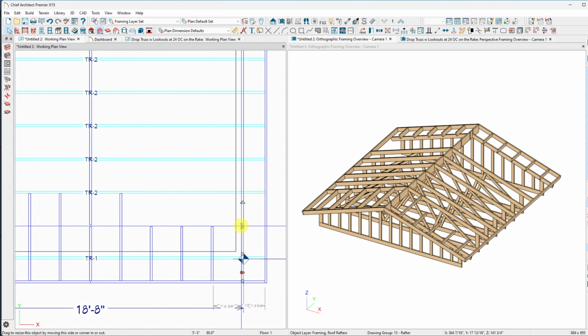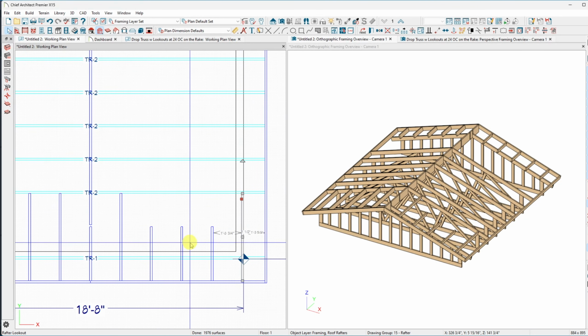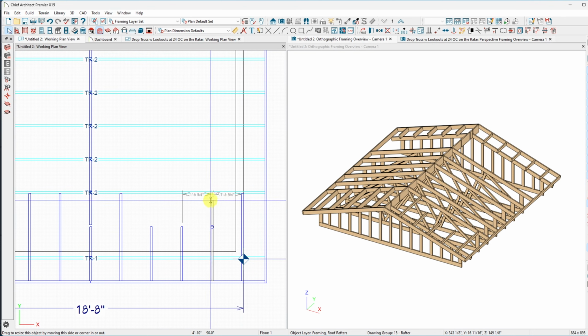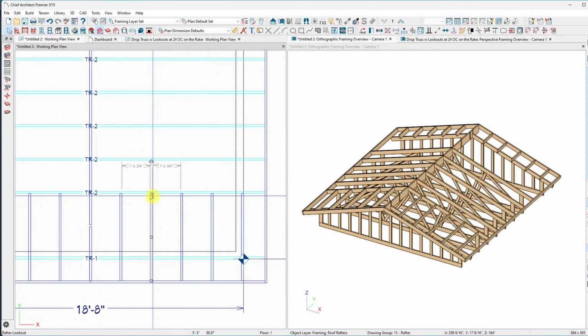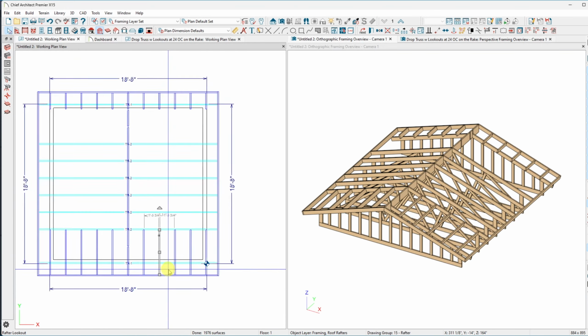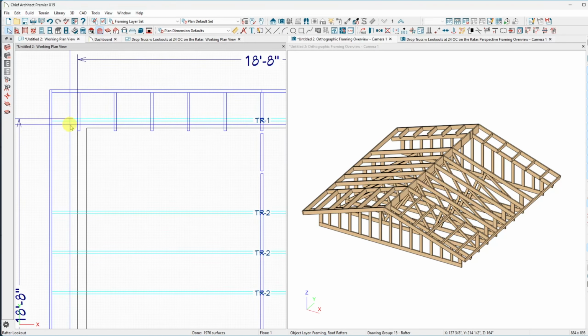Oop, I hit my right mouse button by accident. Or trackball. I've got a trackball in one hand and a 3D mouse in the other hand. If you're going to be working in this program, or probably Revit, it probably works great too. But man, this 3D mouse is spectacular for 3D modeling. And it's got